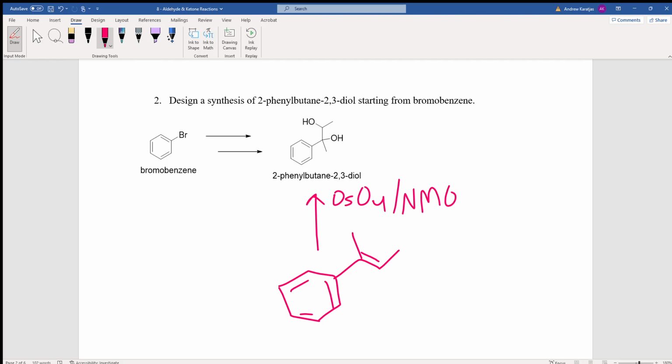Now we need to make this alkene. And if this is a case where we want to look at ultimately what we're trying to go back to, notice that we not only need to make this alkene, but at some point we need to add in all of these carbons. Noticing that we start with a halogen, it might occur to us that a Grignard is going to be what helps us to add a whole bunch of carbons. Well, if we're doing a Grignard,